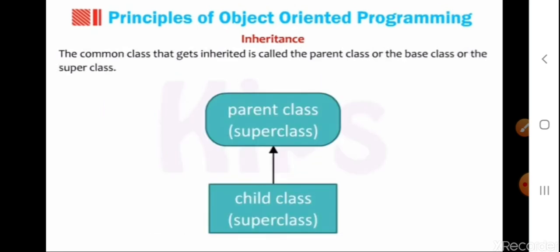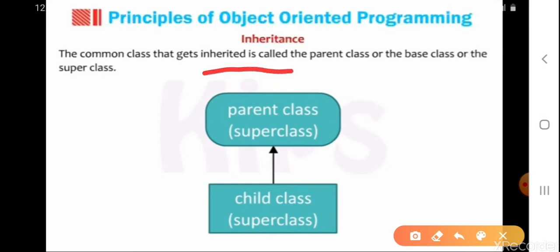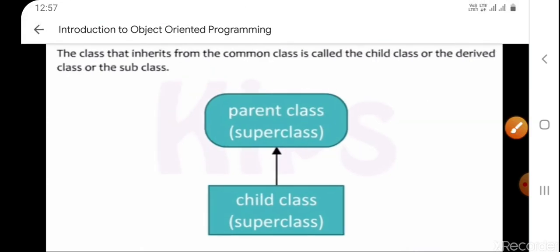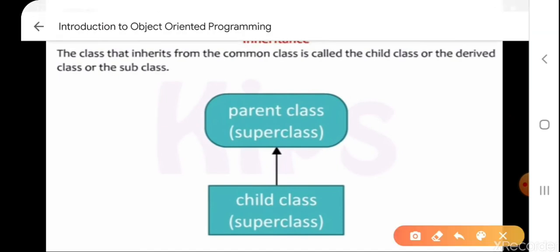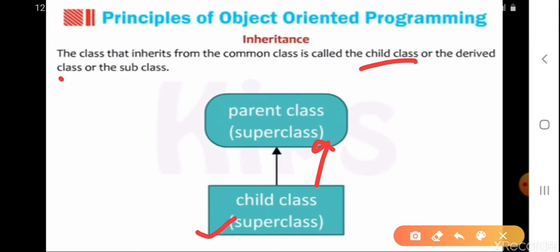The common class that gets inherited is called the parent class, base class or superclass. And the class that inherits from the common class is called the child class, derived class or subclass.